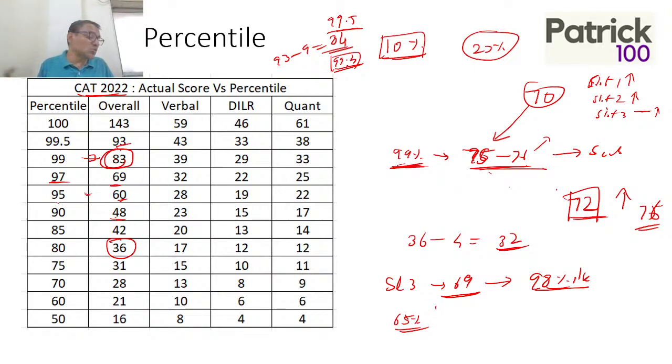You can imagine how much the scores have gone down this time. Though yeah, the number of students has gone up, but the marks have gone down. So automatically percentile will go down straight. Okay. Slot 1, 65, I mean, it could go to around 98 or something on that. Okay, that is where I would go.